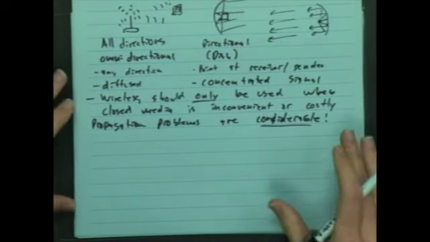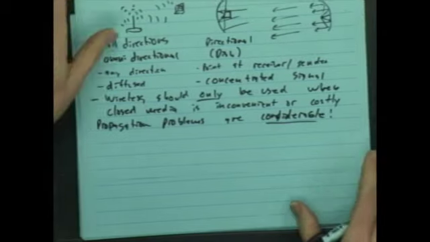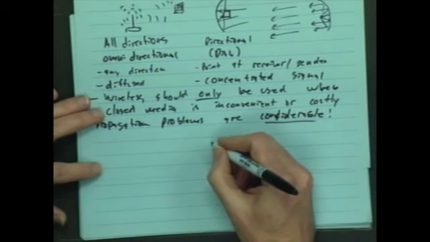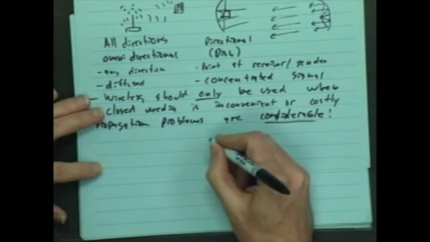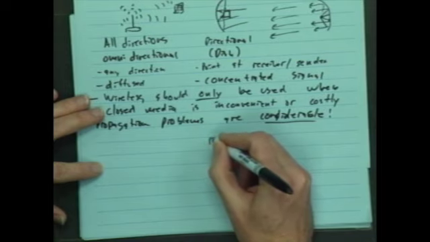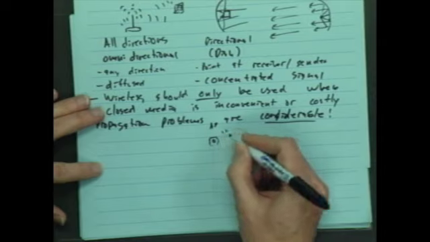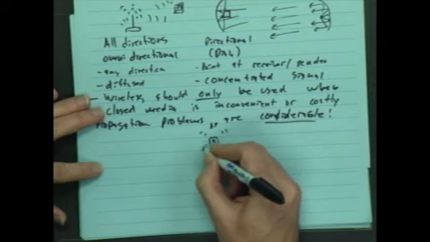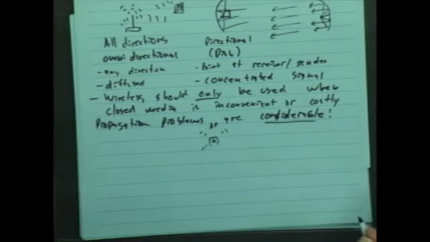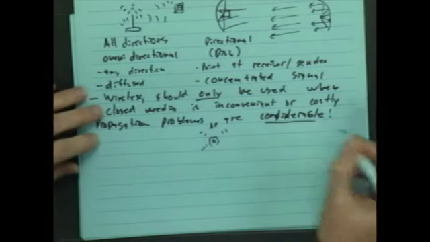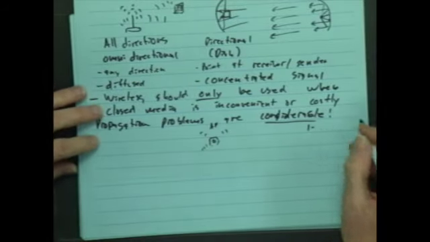Okay? Propagation issues are considerable in wireless. So let's think about this. I will draw my access point here. That's a lovely access point. And we understand it's sending out signals. All right? The first issue is